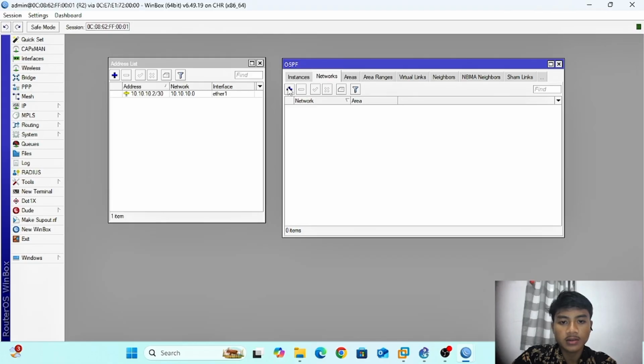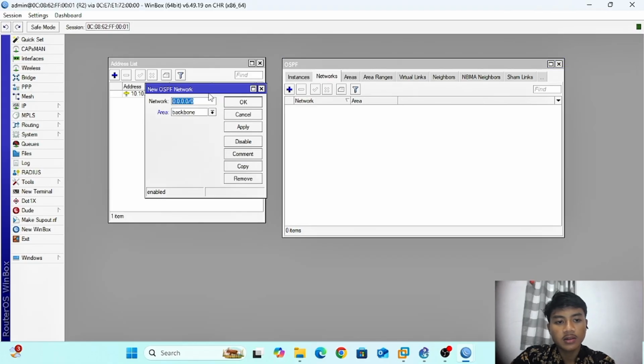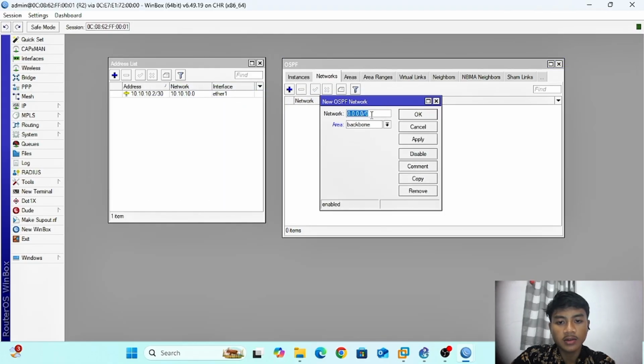And at tab network, I will enter the IP from router 2 IP network: 10.10.10.0/30.